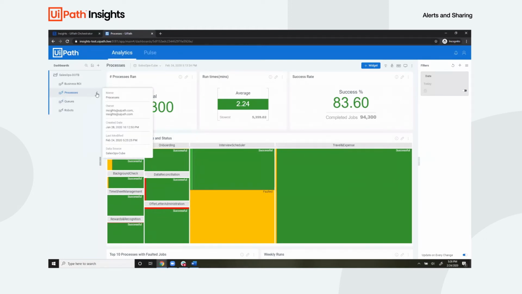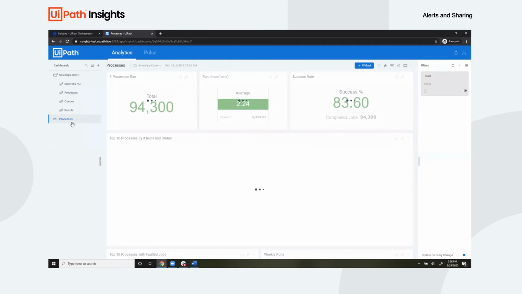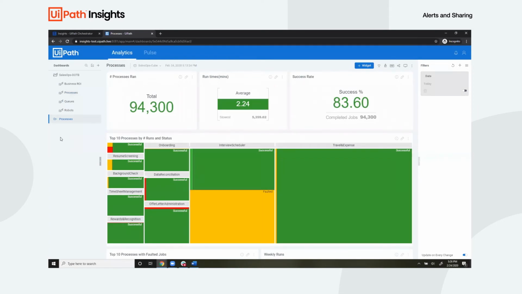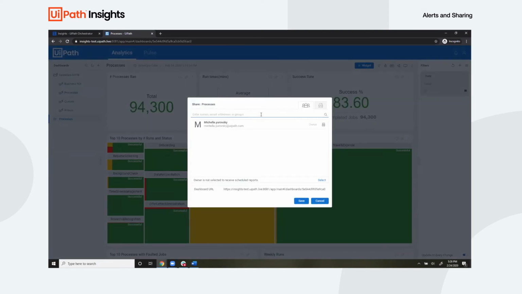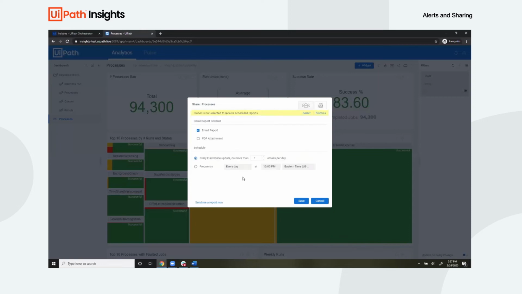Now, if I wanted to share this dashboard with someone else, because I do want them to see that success percentage as well, all I need to do is duplicate this dashboard. Now I'm the owner of this dashboard, and I can reshare with anyone I want when I see the share button. So much like alerting, I can only share my dashboards with users of my specific orchestrator tenant that have Insights access. So I would find them here, and then you would select how you'd like them to receive the